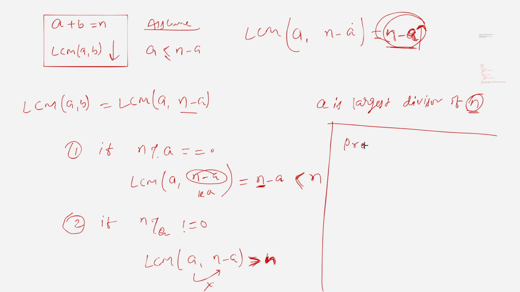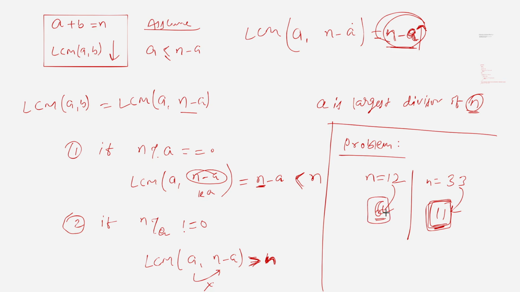Now our problem is we have to find the largest divisor of n. If n is like 12, then the largest divisor is 6. If n is like 33, then the largest divisor is 11. So if we find 11, then can you say this first integer would be 11, and the second integer would be 33 minus 11. Same in this case, the first integer would be 6 and the second integer would be 12 minus 6.